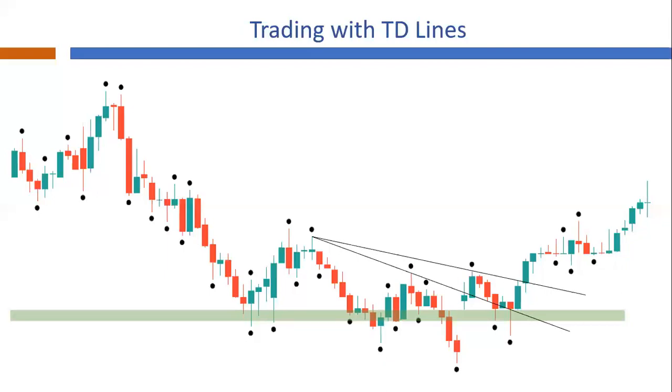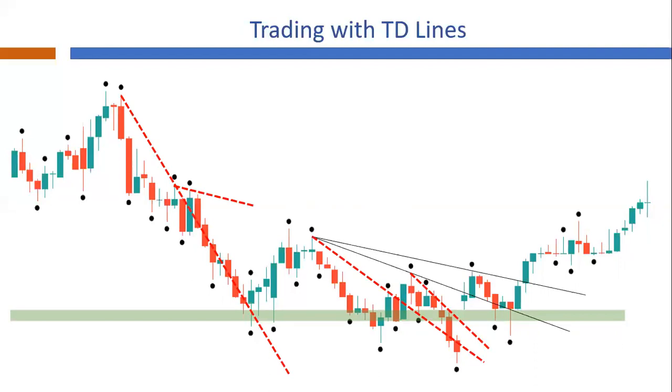Now, an important point arises as to whether all these points are to be connected for drawing TD lines. Well, theoretically, even though one might argue that the answer is yes, the same is not at all recommended. So instead of connecting all the TD points, selecting vital pivot points and drawing TD lines based on these points is recommended. You can see from the chart that only vital points are connected for drawing TD lines.